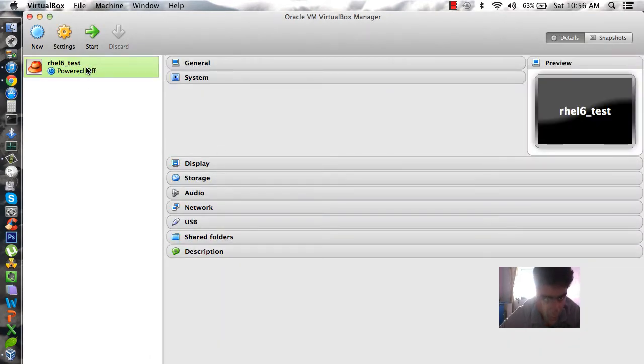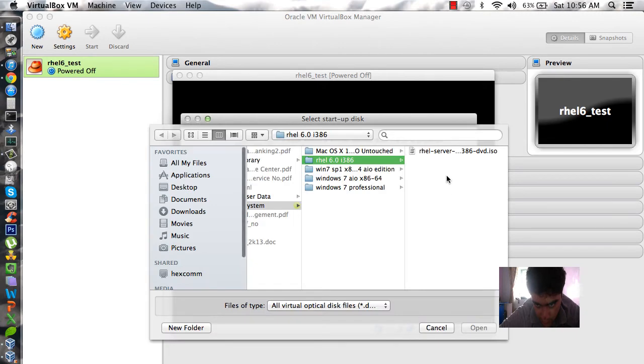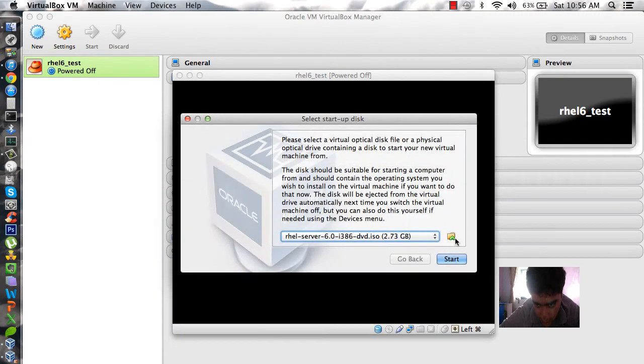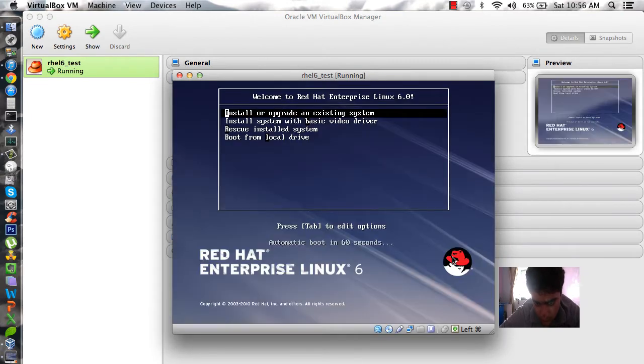Now we'll start installing the software. For that, double click on the hard drive and select the image file. Once the path is set to the image file, click on start. When the setup screen appears, click on install or upgrade an existing system.